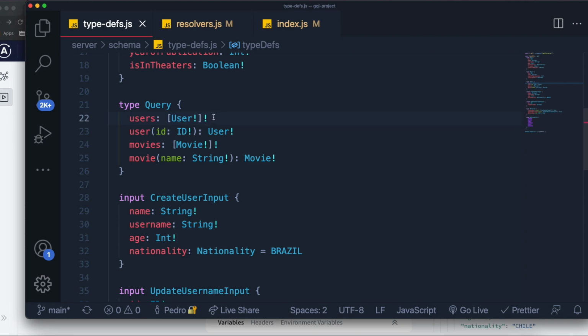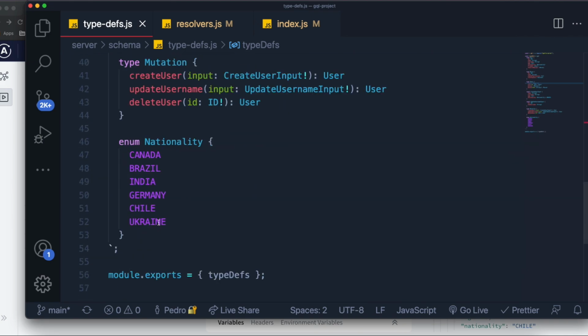Basically, for this users field, we don't want to return this. We actually want to return a union of two different things. One will be this result over here, and the other will be some sort of error if it occurs, right? So we can create a union at the bottom over here